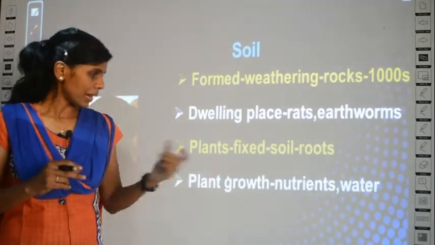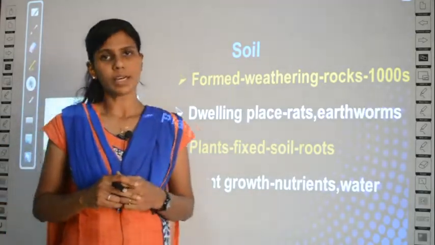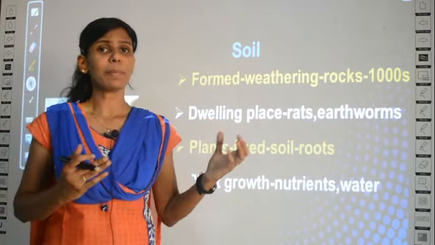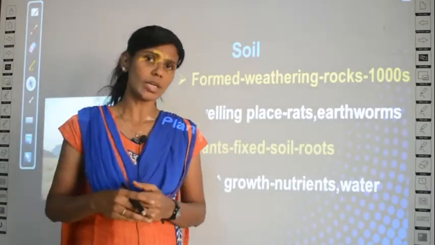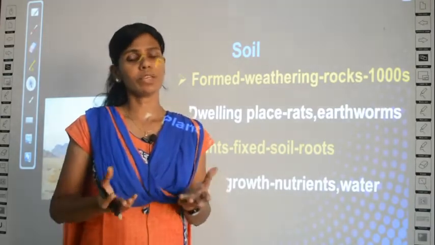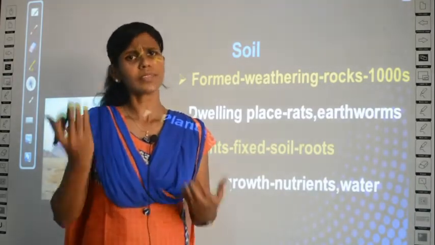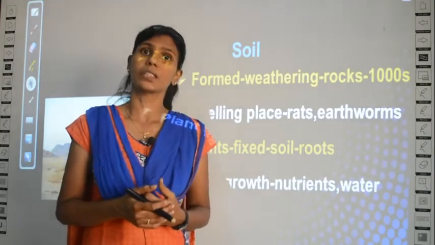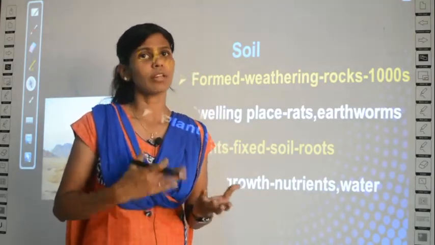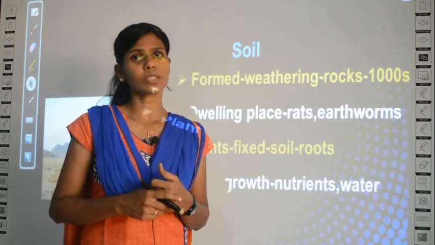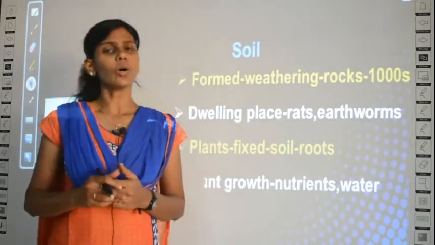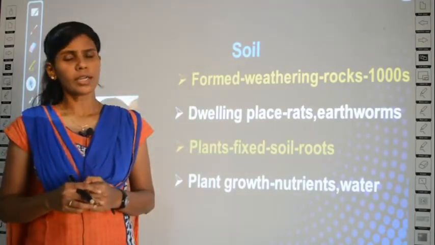And then plant growth needs water and nutrients, no? Where can you find nutrients? For every plant we do not apply fertilizers, right? Do we apply fertilizers to every plant which is around us? No, right? Whatever we grow in our garden only, we apply fertilizers sometimes. But what about the plants on the streets or in the forest? Who provides fertilizers? It takes the nutrients which are naturally present in the soil, and also water is available